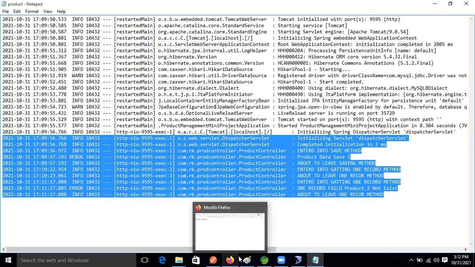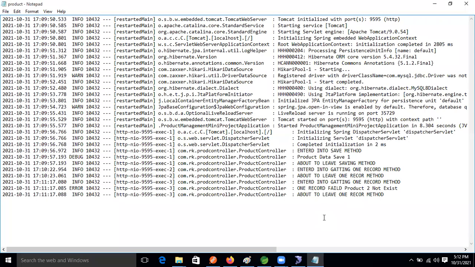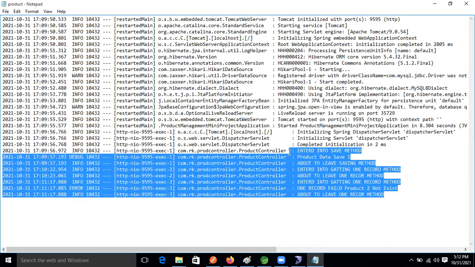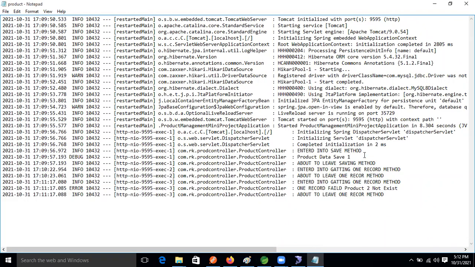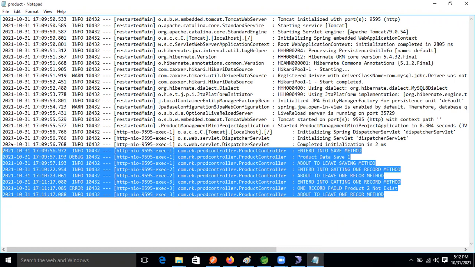Ravi asks about the log number, like 104. In SLF4J there is no need for a number. SLF4J is used in Spring Boot. If you are learning the Spring framework, you need to learn log4j, but here there is no need. Whatever I have explained until now, that much is all we need in real time also, right? Are these things clear about today's session?